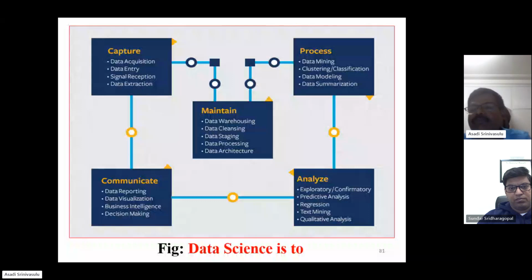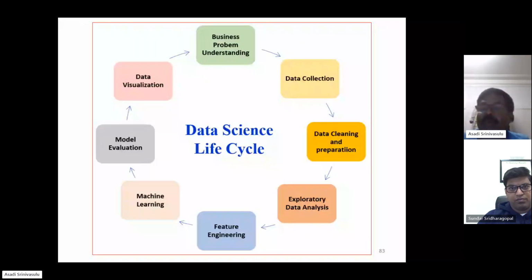Then feature engineering. Suppose I'm taking input as a COVID chest X-ray image. I'm extracting features from that chest X-ray, whether it is related to pneumonia symptoms or COVID-19 positive or negative symptoms. We extract features with the help of various techniques. Then we perform machine learning, learning from the observational data. There are 3 approaches we use: supervised learning, unsupervised learning, and reinforcement learning. And then we perform model evaluation.